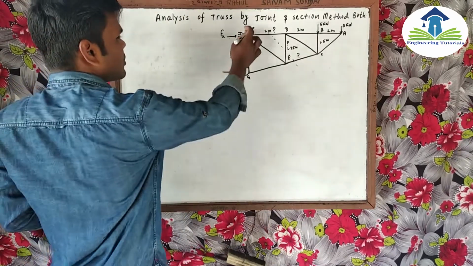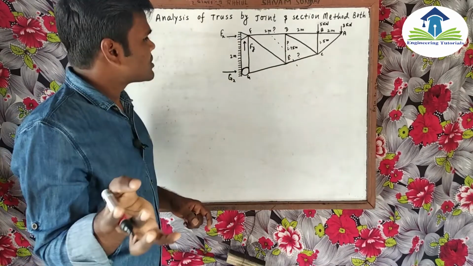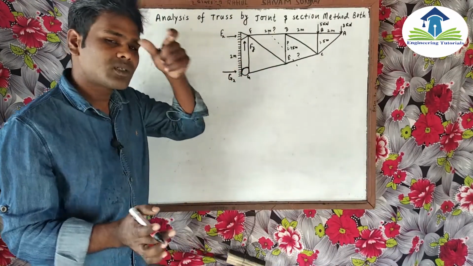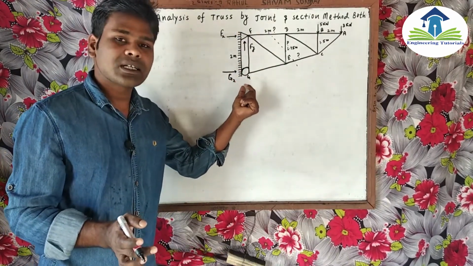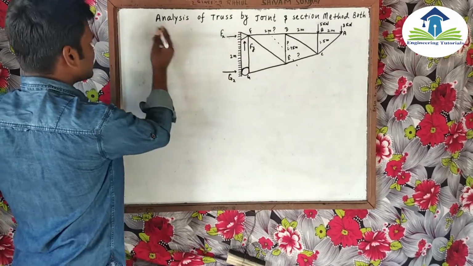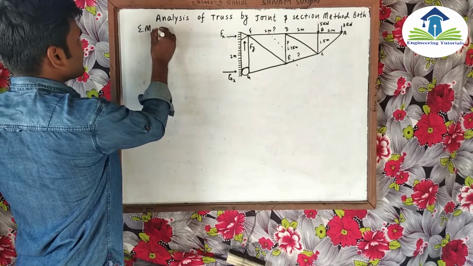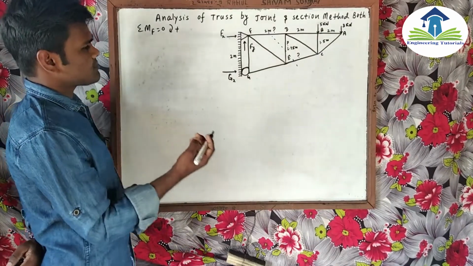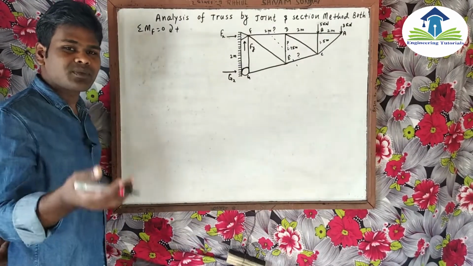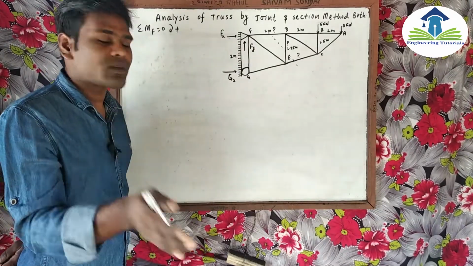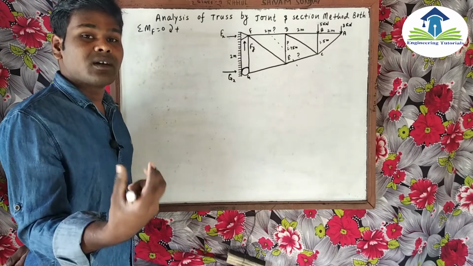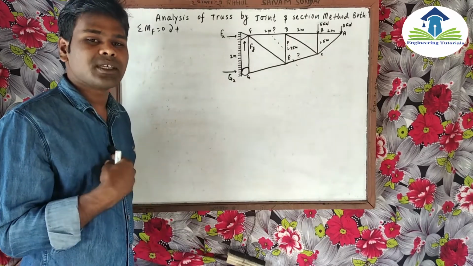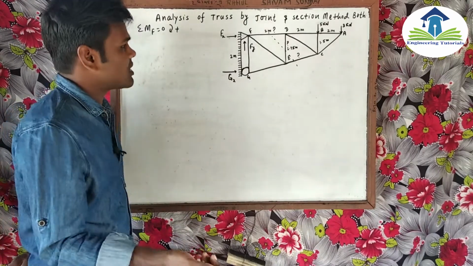There are two unknown reactions at the hinge and only one at the roller. So we have to calculate the total moment at point F, so that we can find the value of Gx, which acts horizontally. So summation of moment at F is equal to 0. I take clockwise moment as positive. I request you to also calculate this value, so that your value and my value will match. If your value does not match with mine, then you can calculate it further.